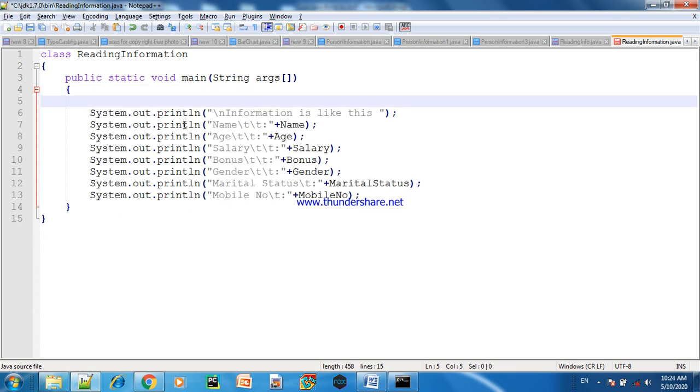To read data by command line arguments, we will simply provide data at the time of execution of the program, and that data will be read by this args argument, and all data will be read in the format of a string, and we have to print that string format. So how will it work? First of all, reading command line.